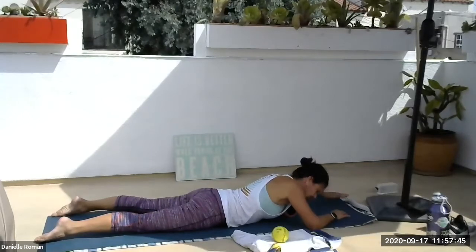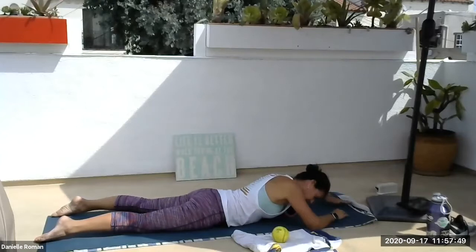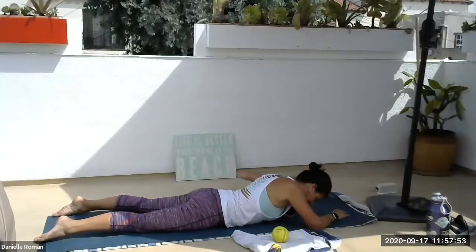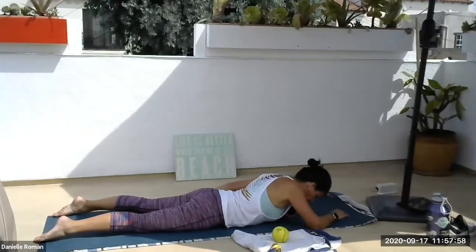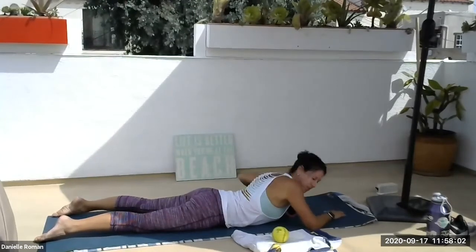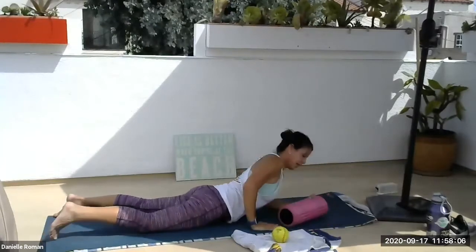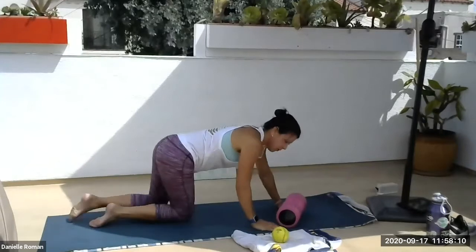Deep breaths. One side maybe a little bit tighter than the other if you're right-handed or left-handed. Breath is really important to connect. So if you feel tighter on one side, you may want to focus and hold on that one side. So I just did my left. Now I'm going to go to my right. So I'm going to start with my